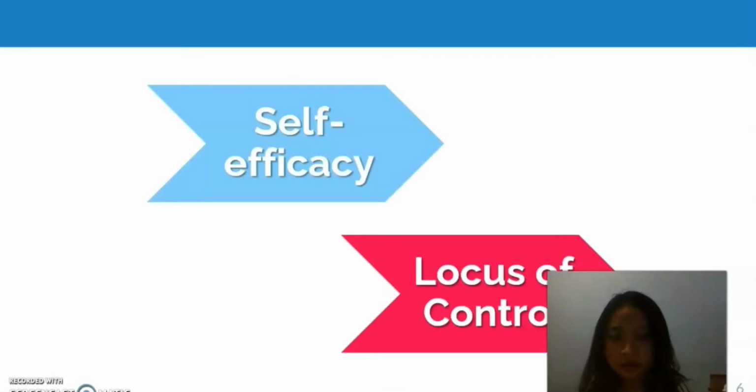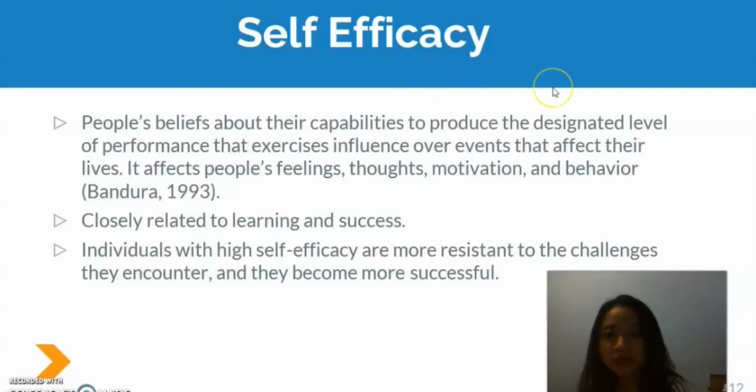And next we have self-efficacy and locus of control. Self-efficacy, to put it simply, is how strongly people believe that they are able to complete a task successfully.